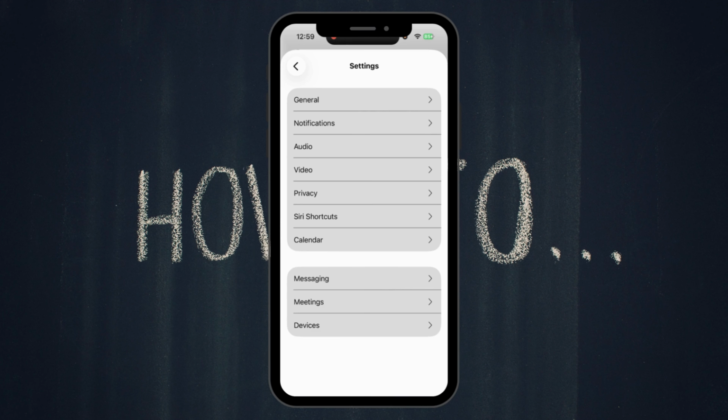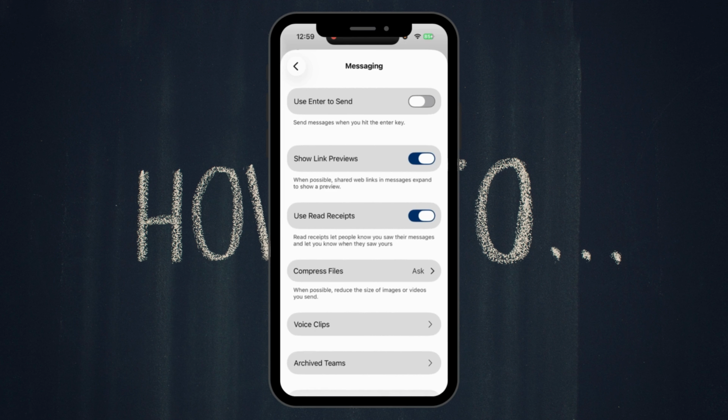What you need to do is to click on messaging. Now, once you do that, here you'll see use read receipts. So if it's turned on, just tap on that to turn it off. If it turns gray, that means it's turned off. So once you turn this off, people won't know you saw their messages and you won't know when they saw